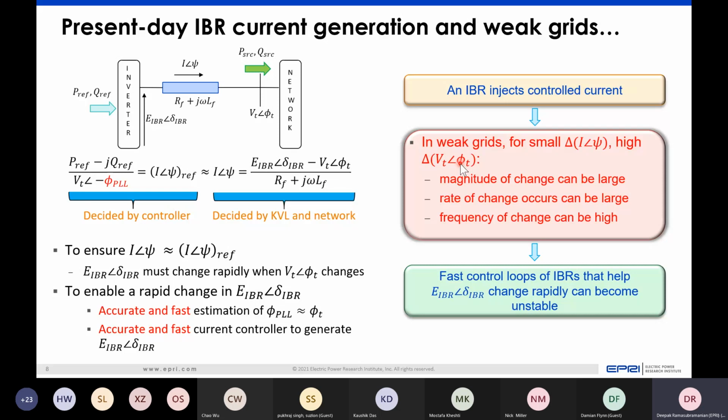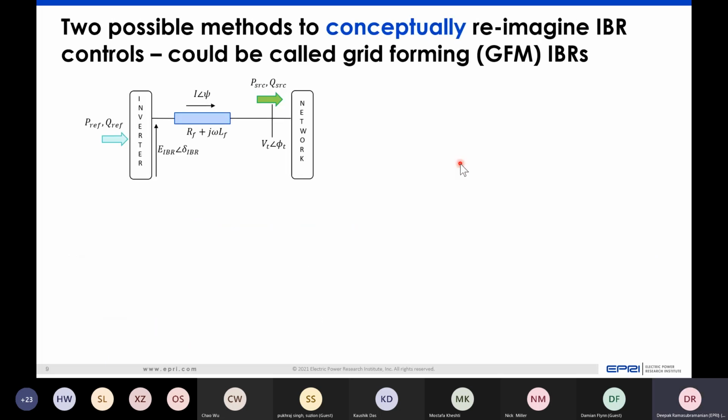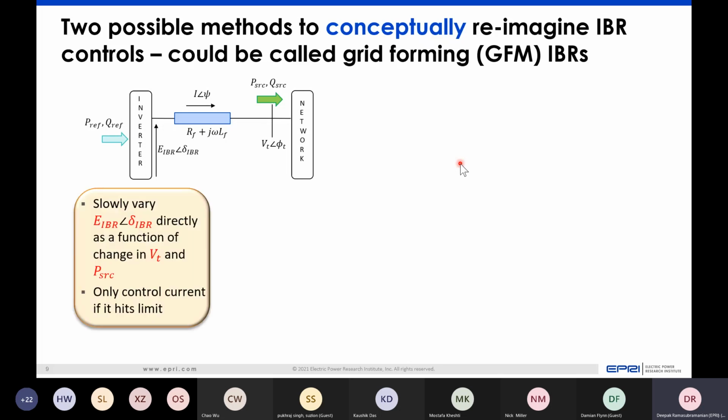A fast-moving system is bad if it's a synchronous machine-dominated system. If it's an IBR-dominated system, a fast-moving system is not necessarily bad, as long as we have the ability to keep track of that fast-moving system and make decisions in that fast-moving system. So two possible ways, and here again, it's by no means a comprehensive analysis. There are hundreds of different ways in the literature. All this is meant to signify is that things are changing, things are evolving, and two possible ways that we